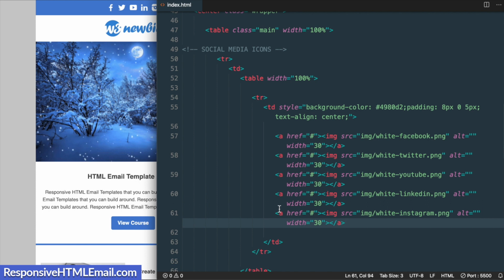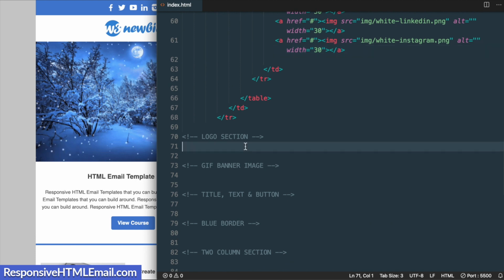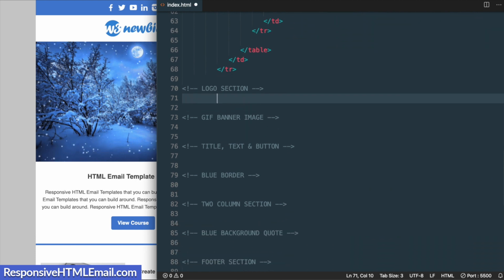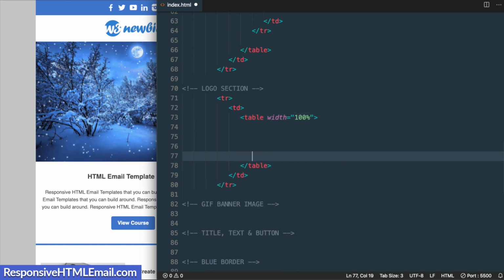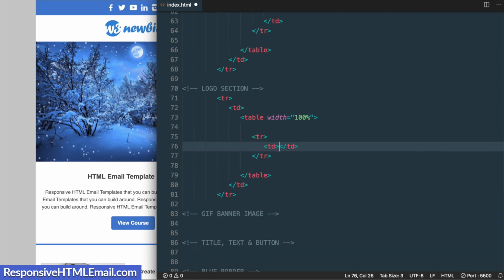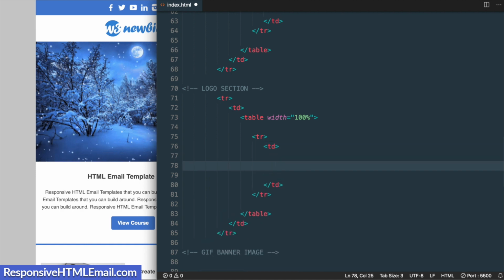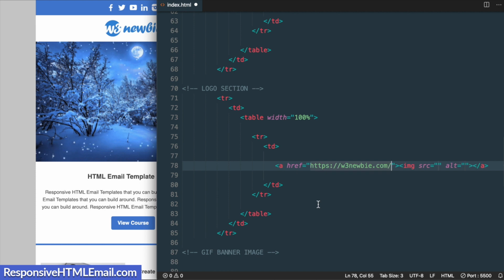So let's move down to that HTML comment, and we're going to use the same type of table, table row, table data layout that we did for the social media icons because we'll want some space around our logo. So once you have that set, remember to add width and 100% for the table. Then inside of that, we can add our new set of table row and table data tags, followed by our logo image, which will be wrapped in a link again. So A, then img. And in this case, I'll add a link just to show you. So I'll add a link to my website. Then we can add the logo image, which is